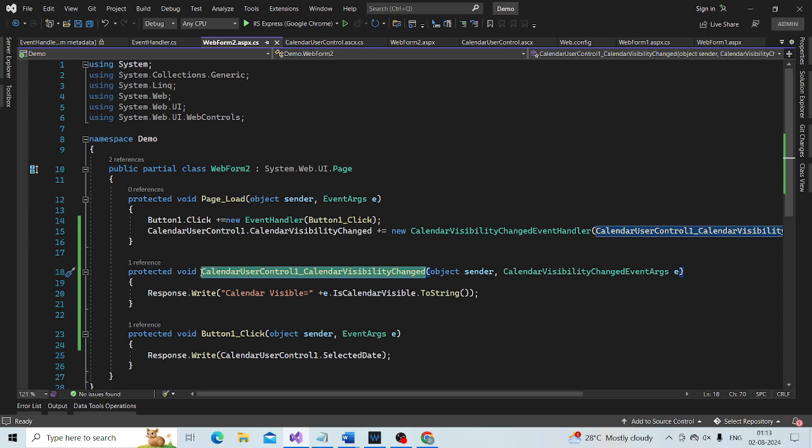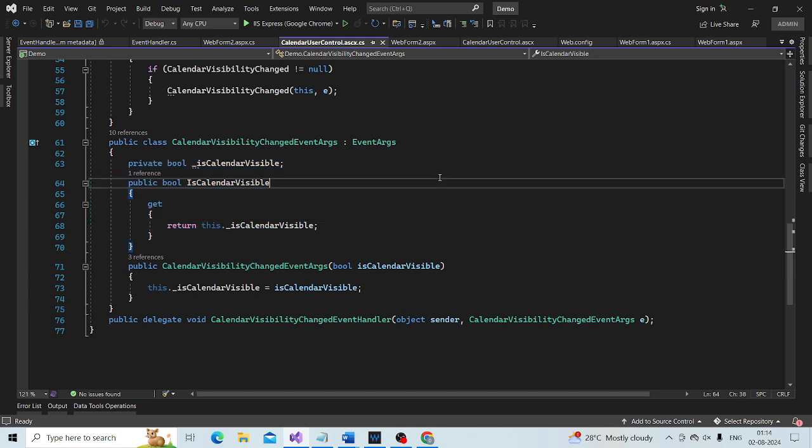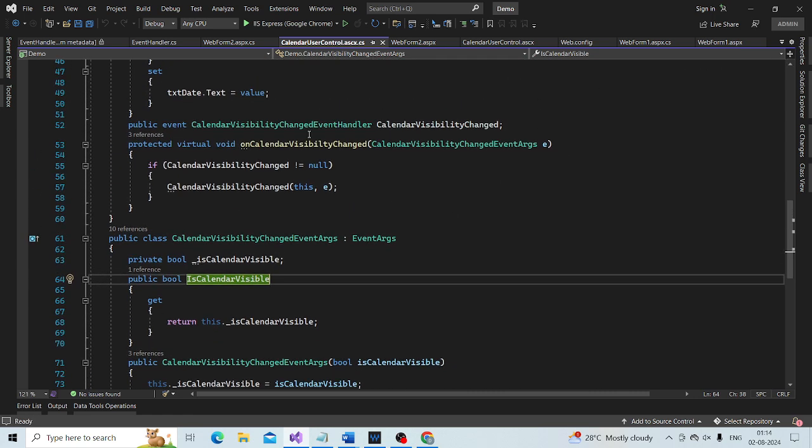Okay, and what we do just before we are raising the event within the user control. Where is the user control? Here it is.